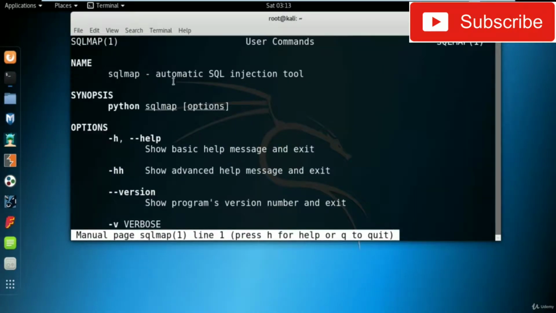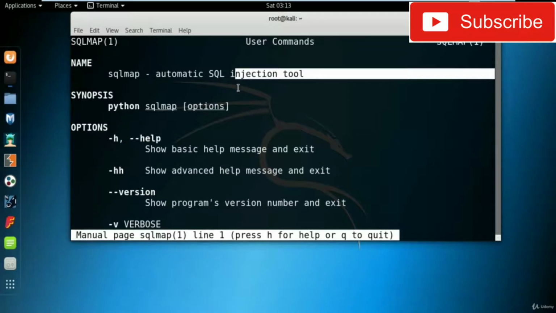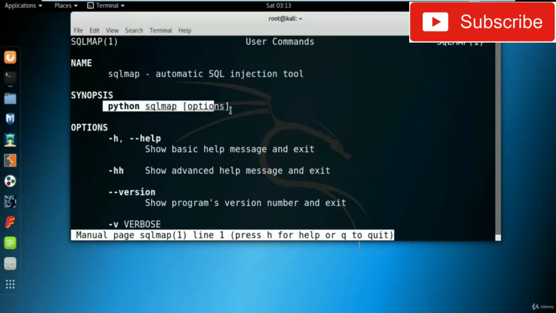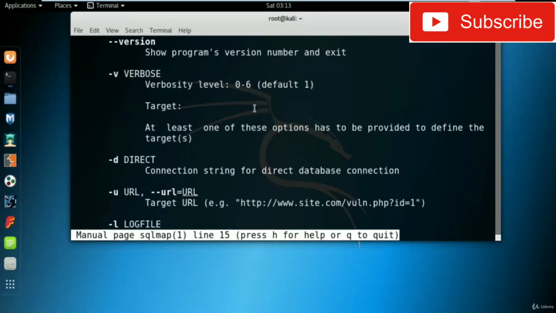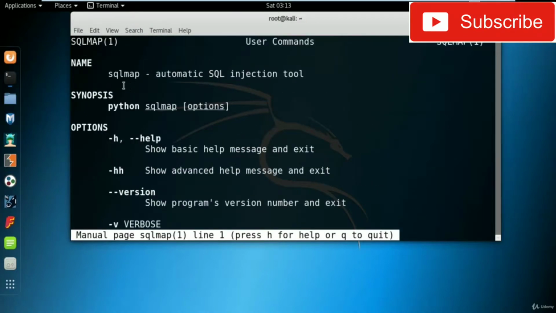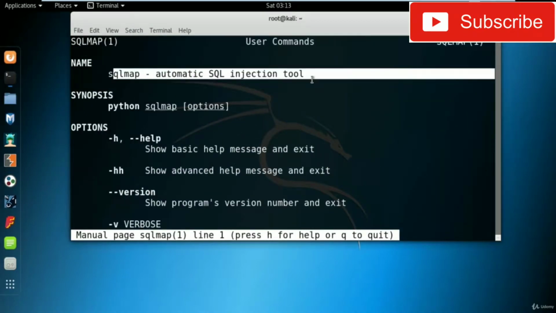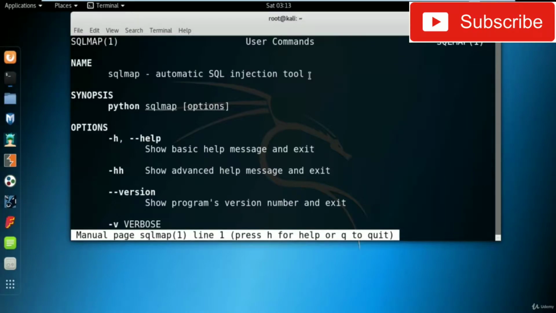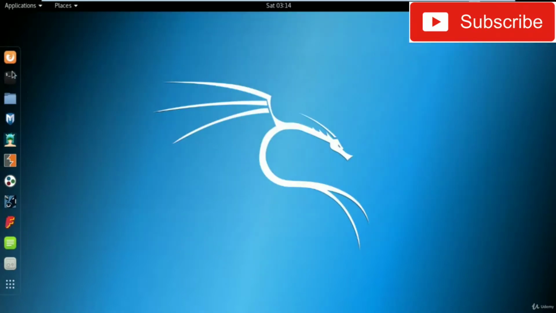SQL Map is an automatic SQL injection tool, as you can see on the screen. These are the synopsis and the options available here. If you want to attack a website and use SQL injection as a method, then SQL Map is the best tool available in the Kali Linux operating system. So how can we use it? Let me show you. First of all, open your browser, Firefox, and